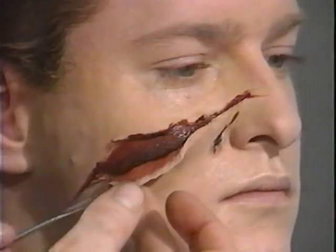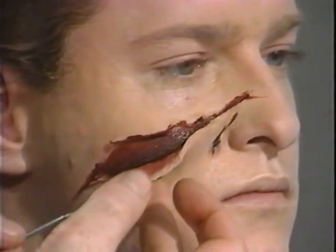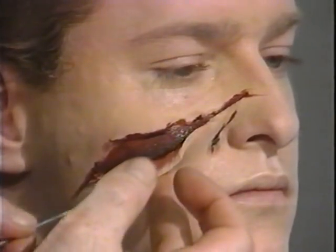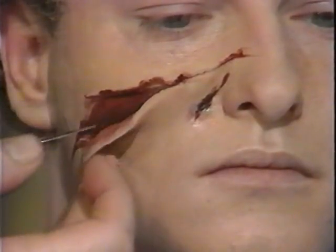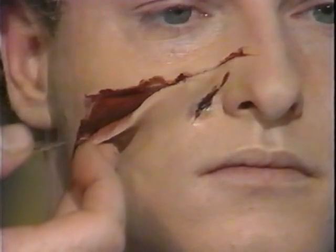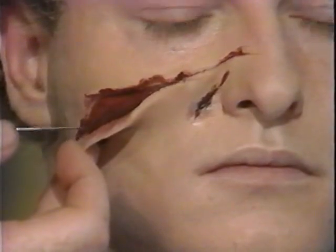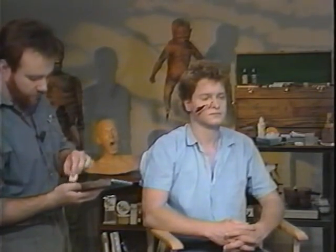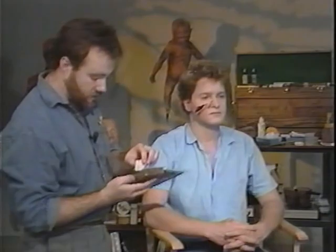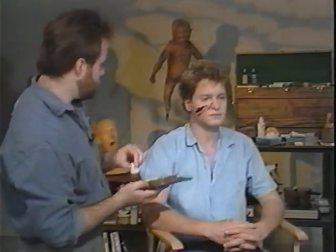You don't want to go with the color all the way out to the very edge of the wax because there's always like a fatty layer against the skin that always remains kind of white. You have to be very careful with white because it's very stark. Sometimes I put a little yellow into it to tone it down. And right up along the edge of the wound,